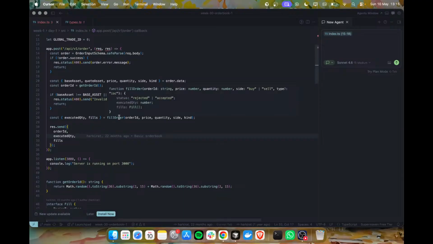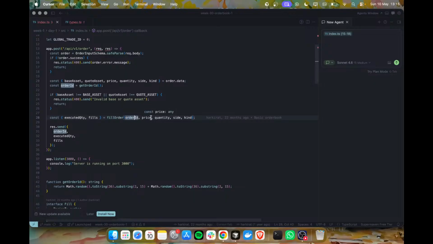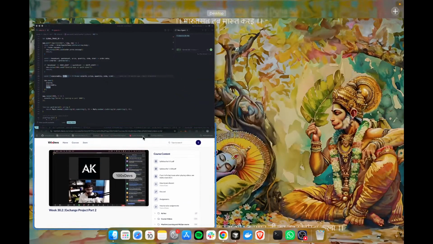Now we are going to use fillOrder, a particular function which takes in the order ID, the price, the quantity, the side, the kind. Okay, and it gives back executed quantity, like how much quantity of a particular asset was used, and the fills. Now fills is something that we won't be using a lot. It is again something that was told to me by